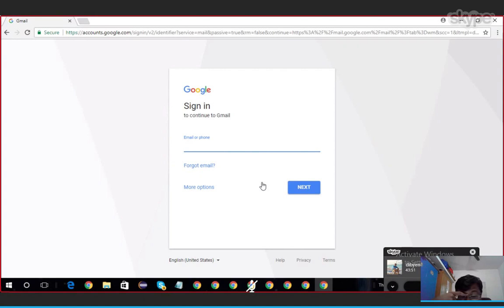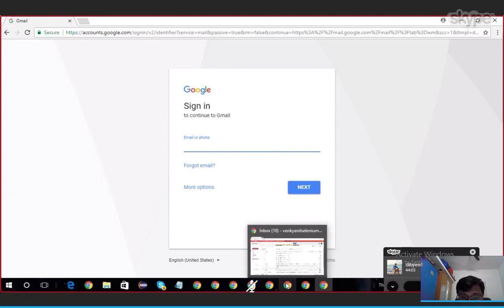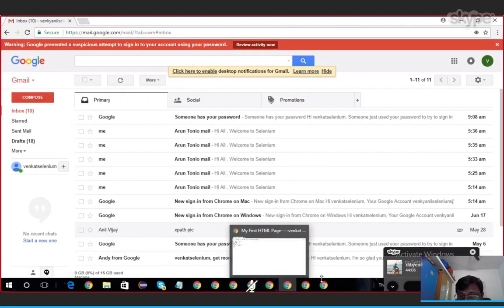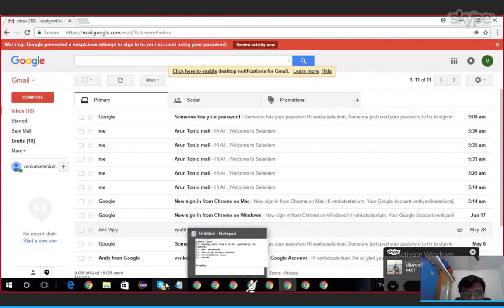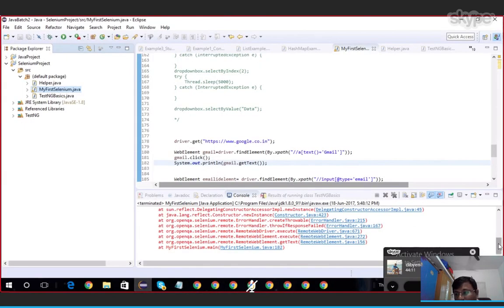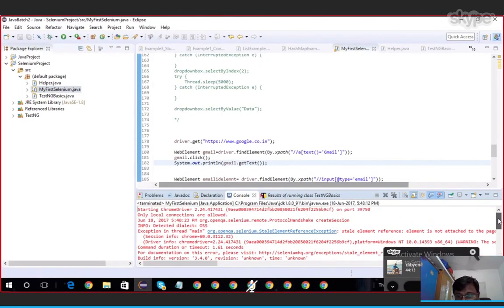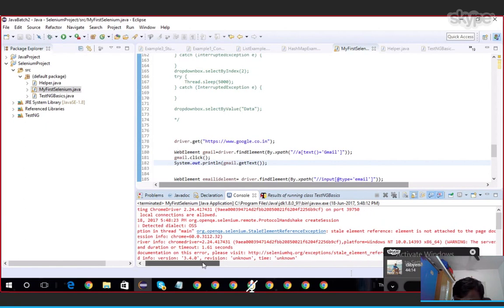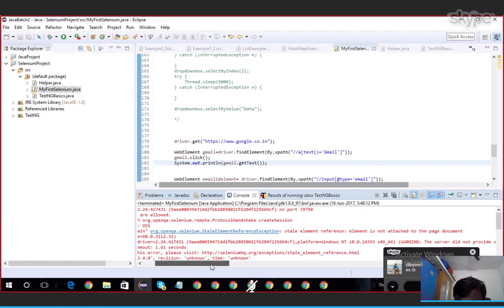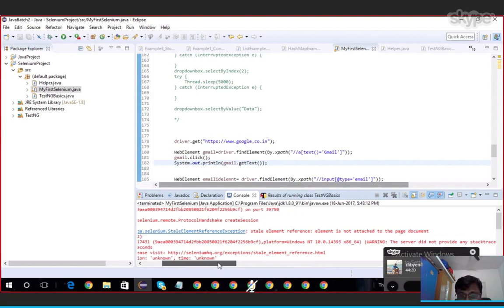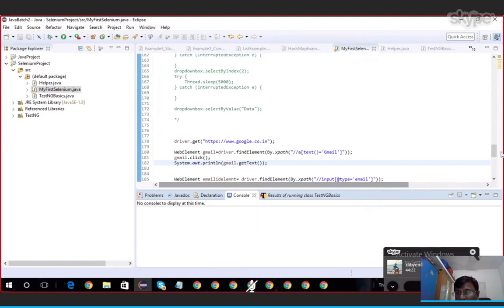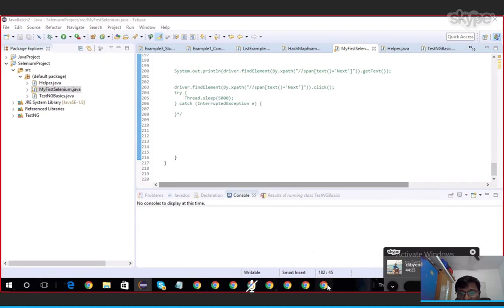But in previous scenario, what happened? Somehow we got an advertisement page, and that sign in option is there like this. If you click on sign in, then only we are getting this login page. That is the reason earlier it failed. Okay. This fail is stale data element. Let me see this once again. Okay. We'll go through this code one by one and we'll see.